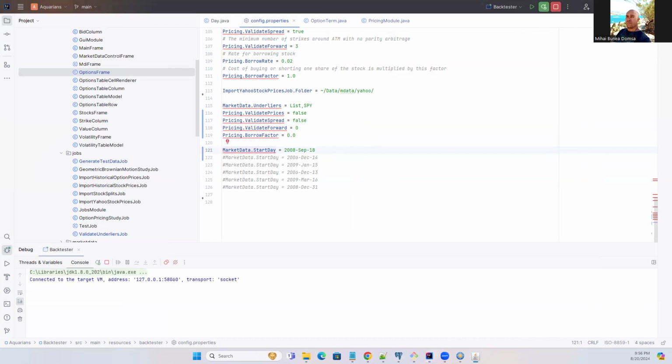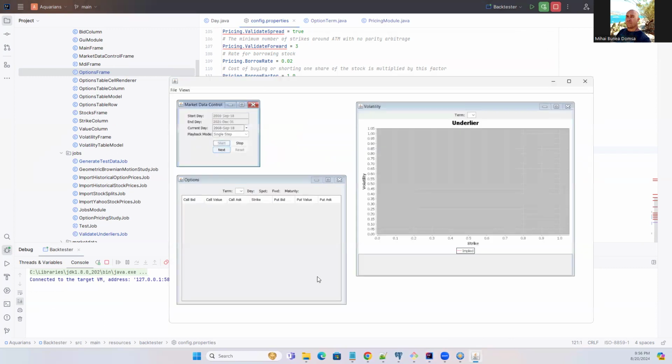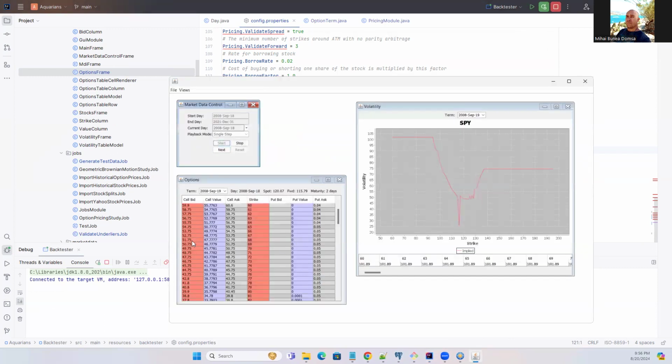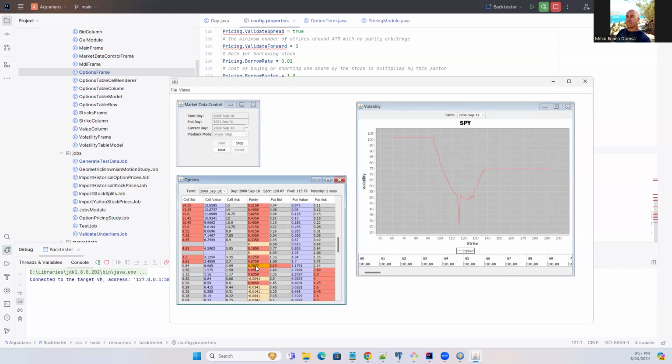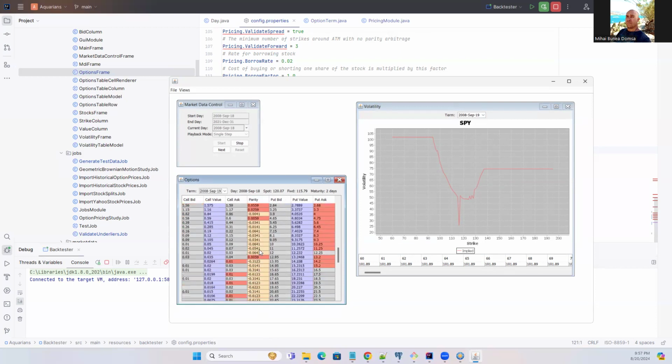And this one, besides option arbitrage, so look at the volatility, it's totally weird. It also has parity, call put parity arbitrage, which definitely shouldn't exist in the data. So if you click on the strike, you can see how much money you would make trying to do a call put arbitrage. Normally it should be negative, so you couldn't do anything,